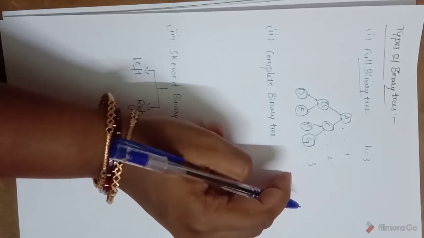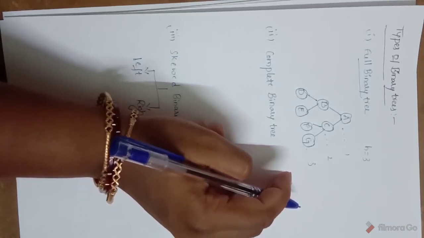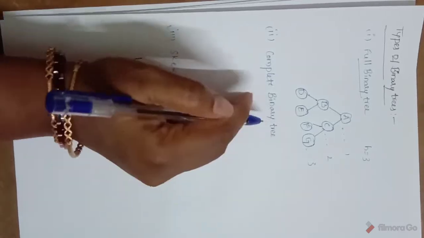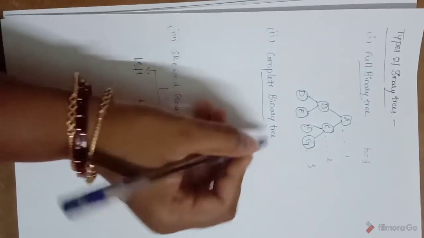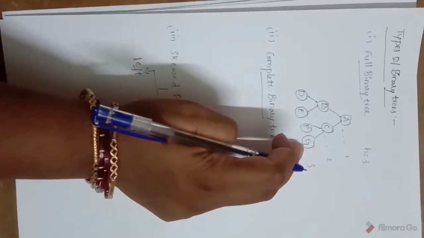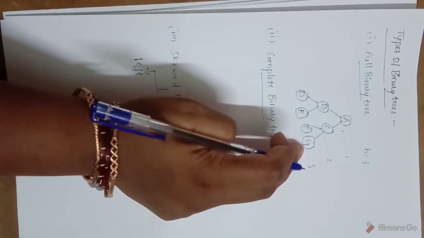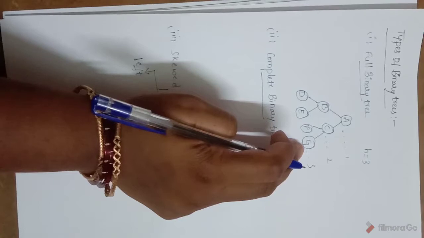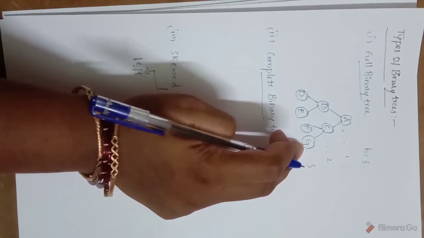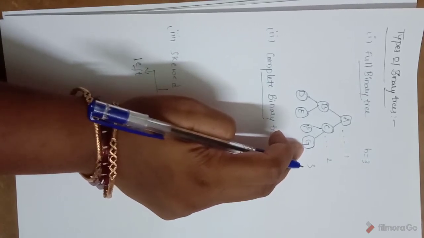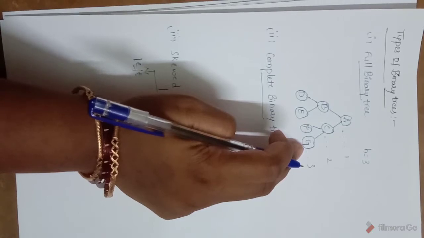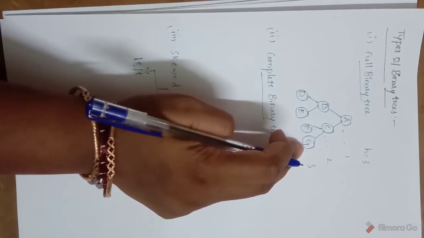A binary tree that has the maximum number of nodes at all levels except the last level. Here we have the constraint, that is, except in the last level. In the previous levels we should have all the nodes. We'll have the minimum number of nodes as h. A tree with height h should have a minimum of h nodes.